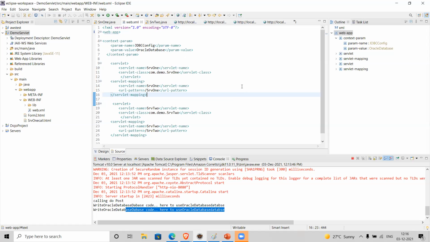You can have multiple context objects or multiple config objects, but when you run this application in a web server, there will not be any time limit. But for client session, client interaction, there would definitely be a time limit. To run this web application on a web server, there is no time limit. You can keep this application up and running 24/7. But for client to server interaction, definitely there is a time limit.